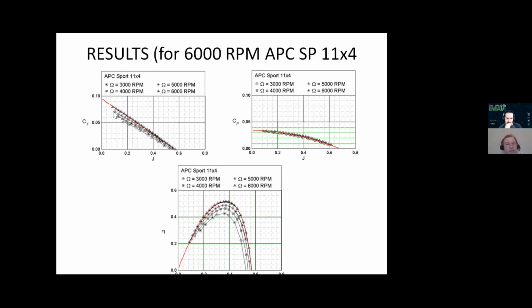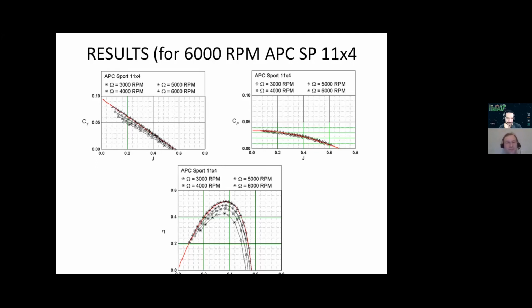We can see that the coincidence is very good. The accuracy is very, very good in my opinion, of course. So I think that this model can be used for analytical investigation, or maybe even in numerical